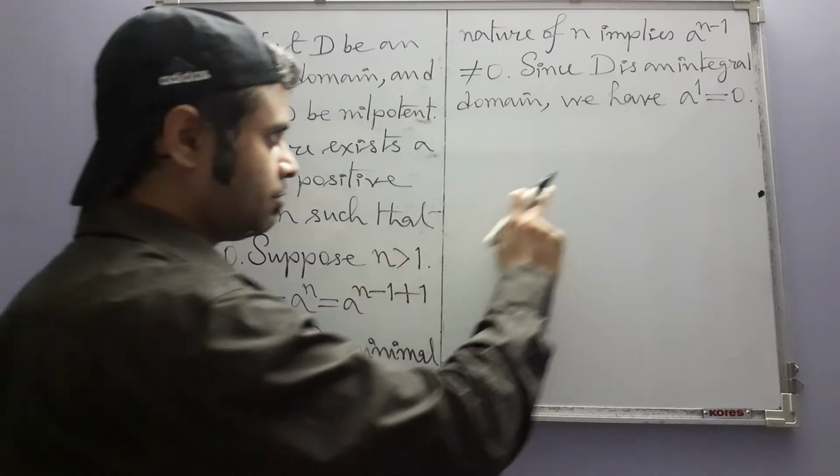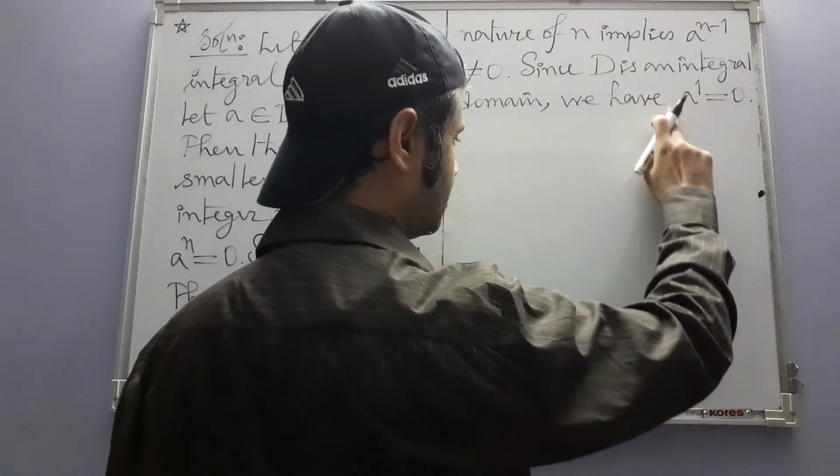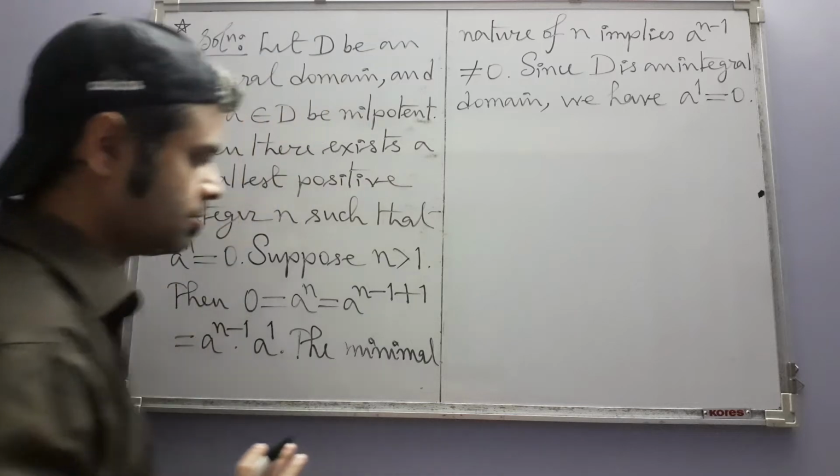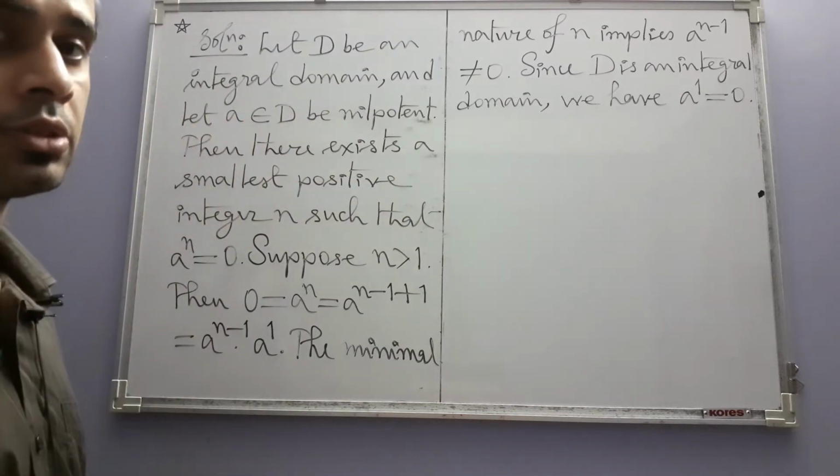However, here then we have found that an even smaller power of a is 0. So actually this is a contradiction,